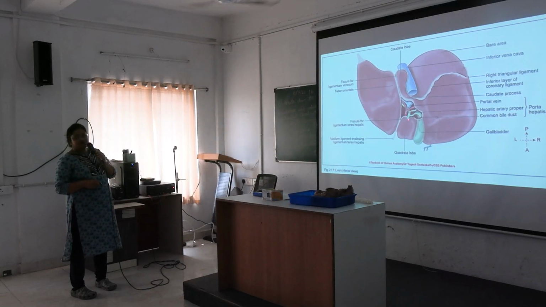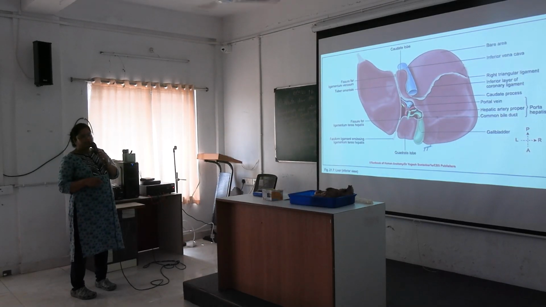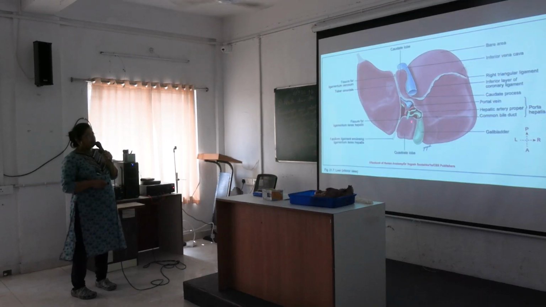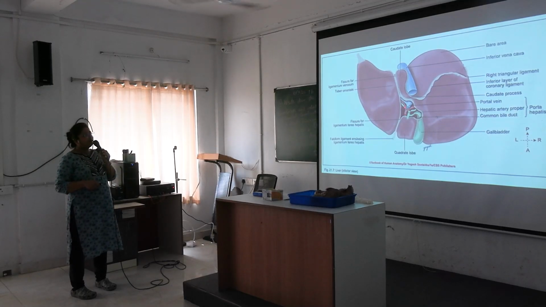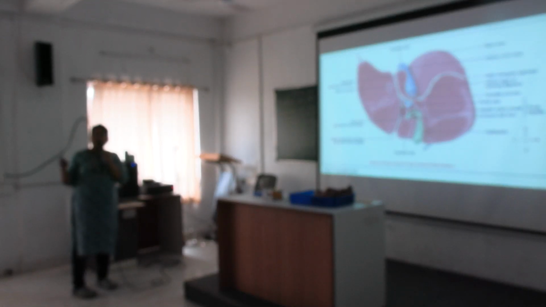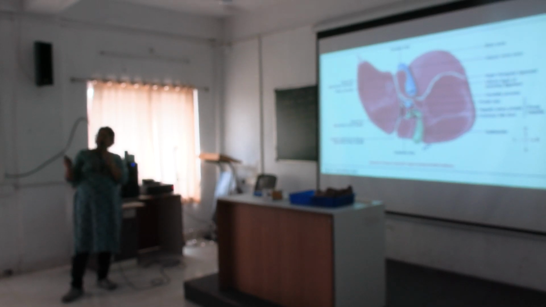So the duct is most anterior. This is the view from the posterior aspect, so this is anterior to posterior. So D, A and V from anterior to posterior: duct, artery and vein. The vein is the portal vein. You can identify the vein, it has a large lumen and a very thin wall.